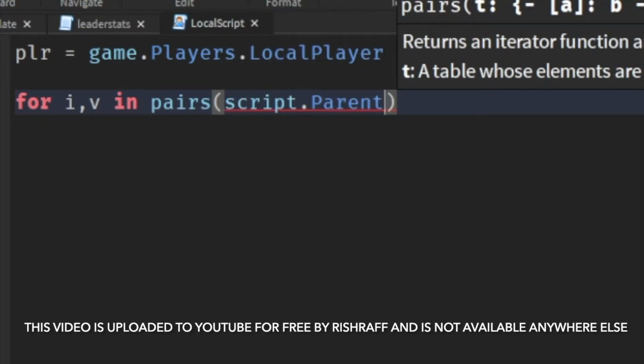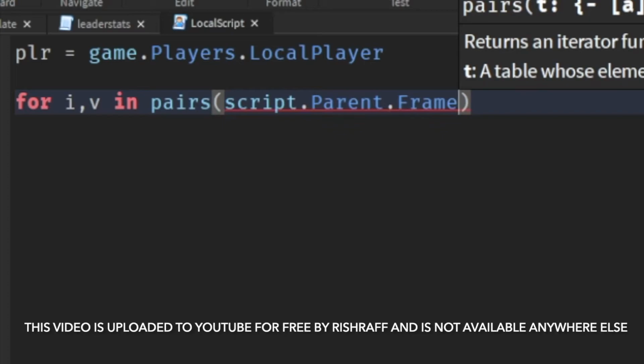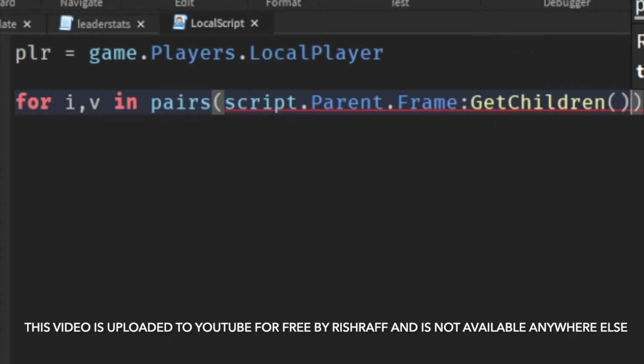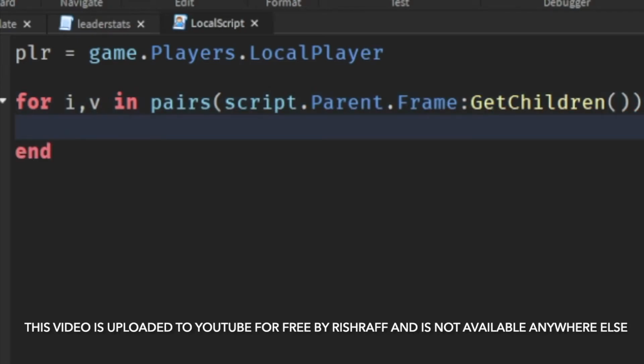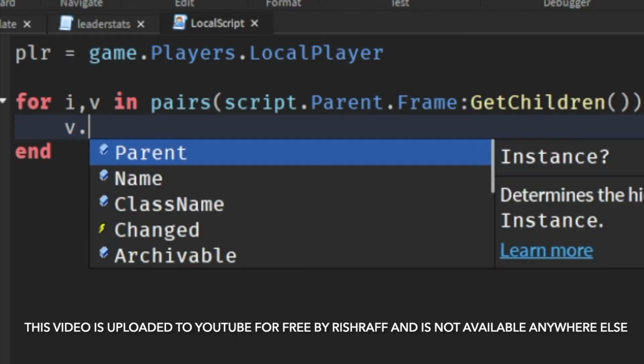script.Parent. Now this should all auto-complete if you're doing it the right way. And once it auto-completes, you're going to say script.Parent.Frame:GetChildren(). That's going to auto-complete there. Bam. Do skip a line. I don't know why it does that. Stupid error messages. And then we're going to say v.Mouse